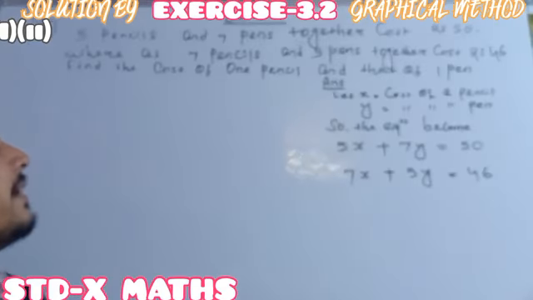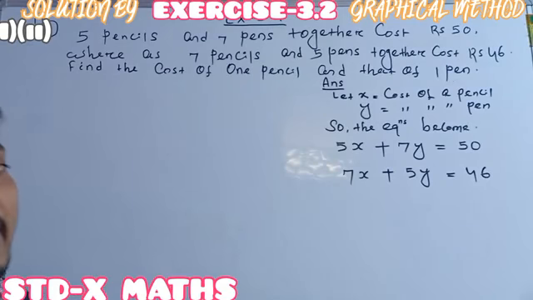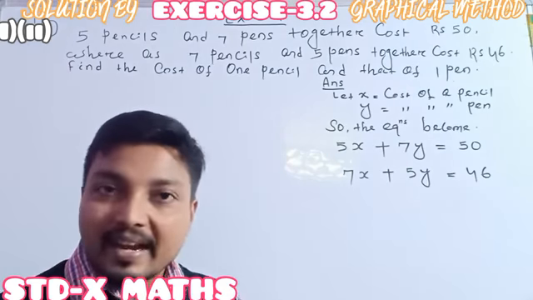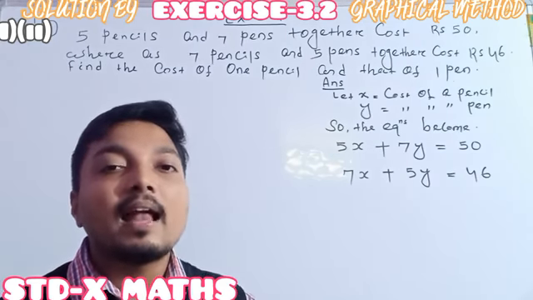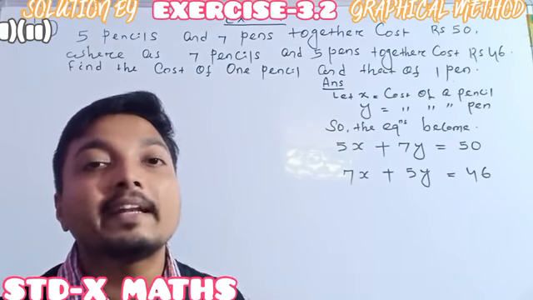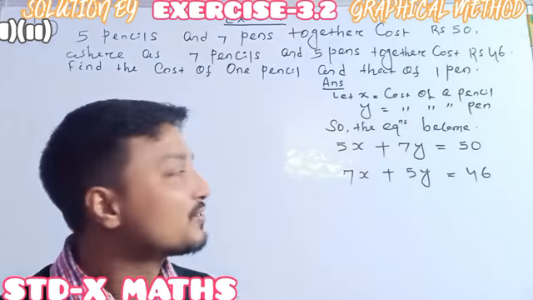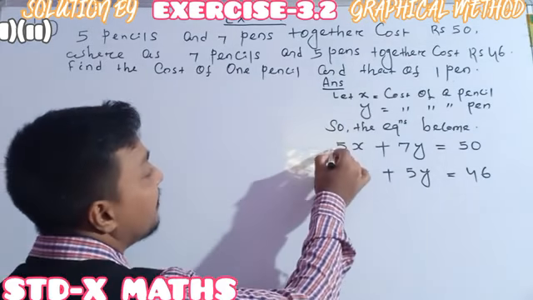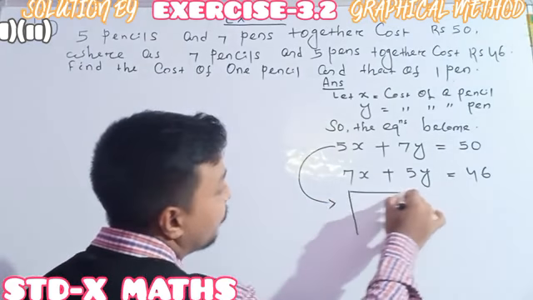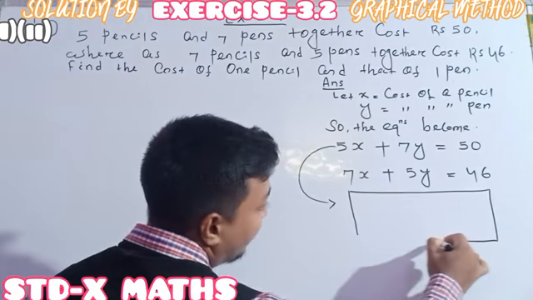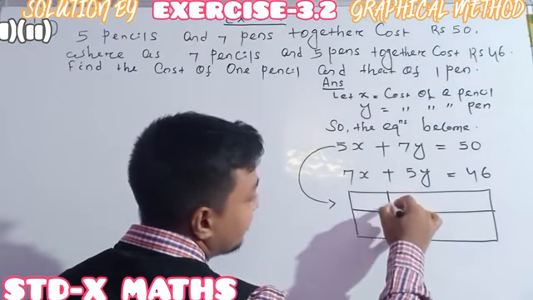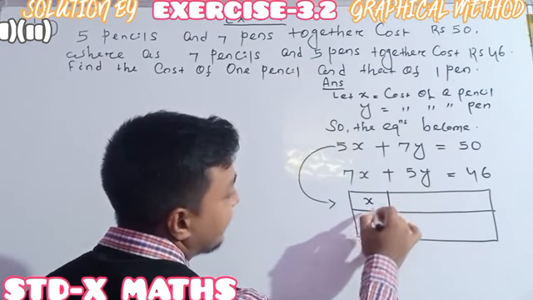Understood? So here the important thing is that we have to find the solution by using the graphical representation. And graphical representation cannot be done without formulating the table of x and y. So for each of the linear equations we have to find two solutions. To find the two solutions, see the first one. Here it is x, here it is y.